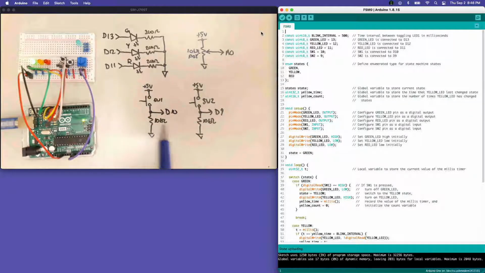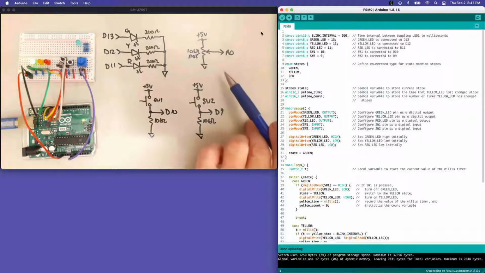And we've got 2 tactile switches. The switch pulls high. Of the 2 different inputs, D10 is connected to switch 1 and D9 is connected to switch 2. And so when we push the tactile switch, that pin is going to go high. And then we've got a 10 kilo ohm pull down resistor that's going to be responsible for restoring the voltage on the digital inputs back low once the switch lets go. So we also have the pot here connected to A0, but we're not going to make use of the pot